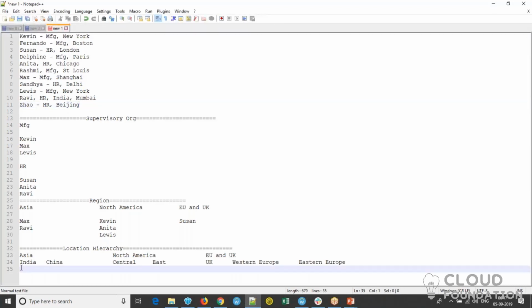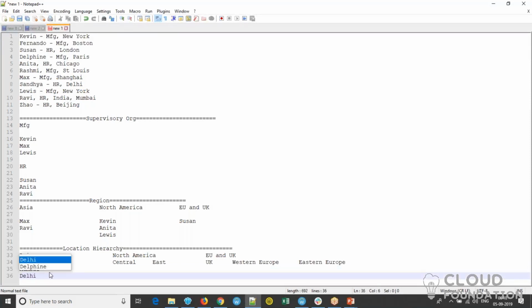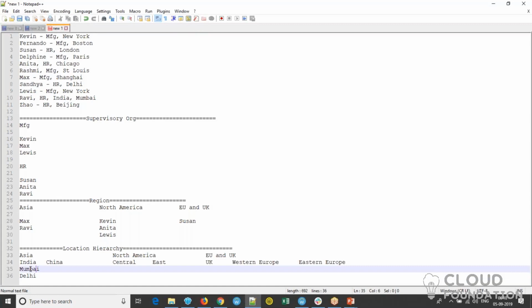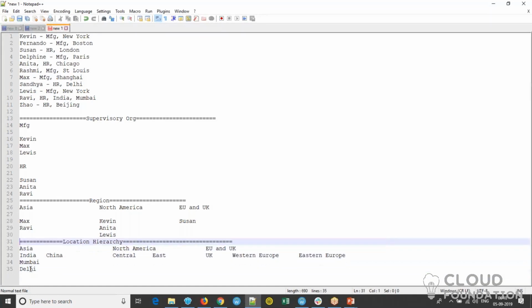We have Mumbai, right? Any other location within India? Oh no, Delhi. We have Delhi as well. So these are two locations within India. Just think about the hierarchy. Mumbai and Delhi are two different locations, so they are rolling up to the hierarchy called India, right? And India is also part of the location hierarchy called Asia,